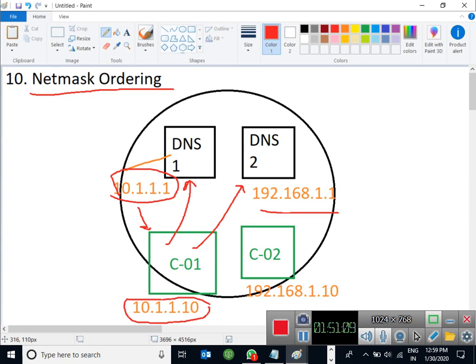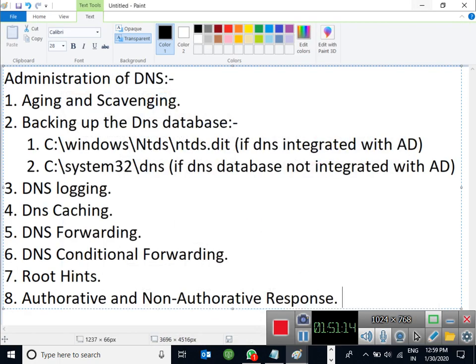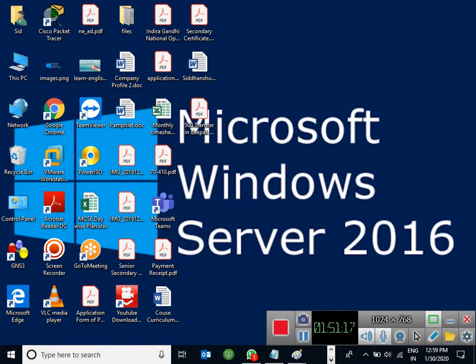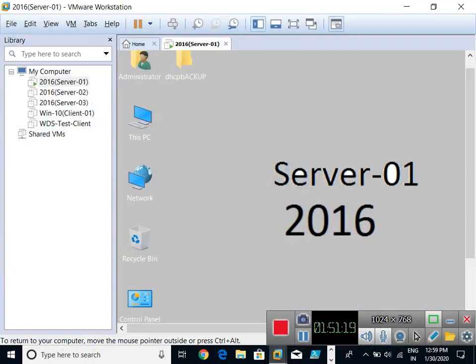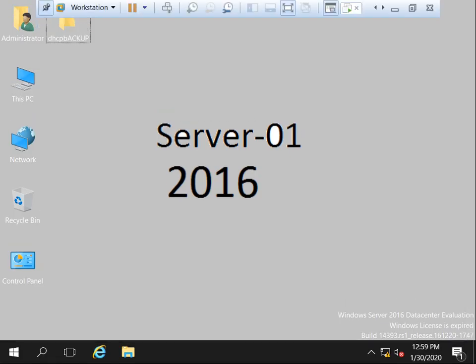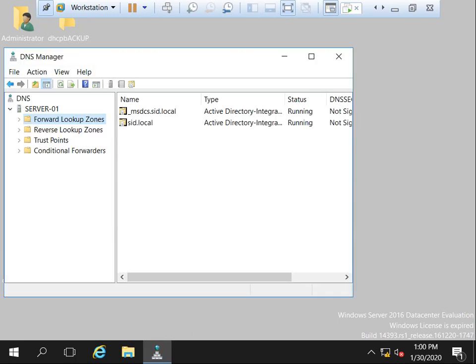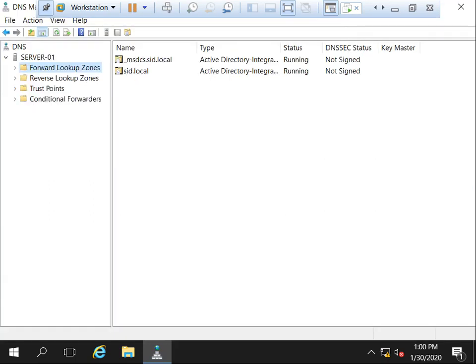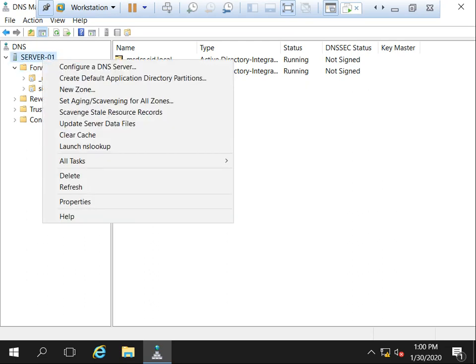So these two features are automatically enabled in your servers. If I show you these two features, if I go to my DNS server, you can see that I just opened one DNS server again. Use dnsmgmt.msc to open the DNS manager. Some commands have CPL; CPL is a control panel command. Okay, CPL is control panel. MSC means Microsoft Management Console. Now if you expand this, okay, what I'm showing you,